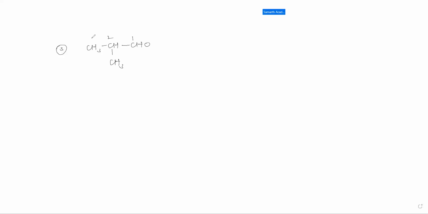In this case, 1, 2, 3. So 2-methyl propanal. See, aldehyde is